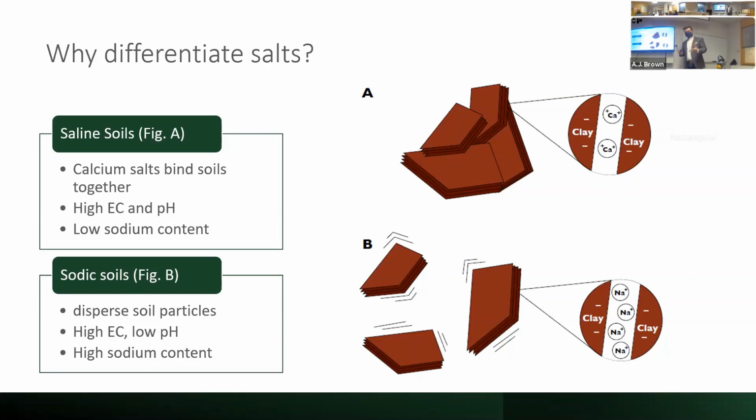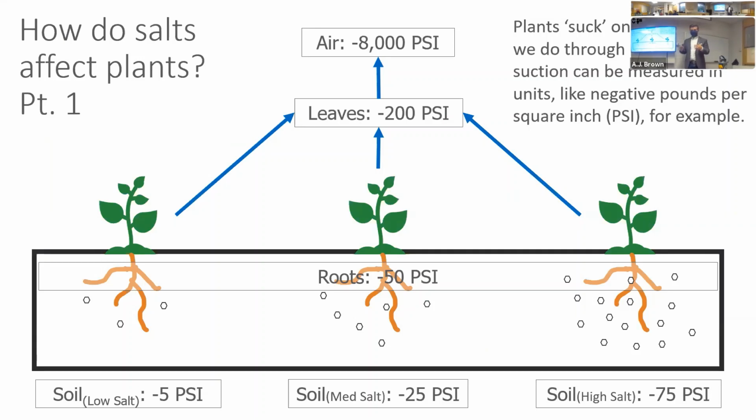So we need to understand how both salts work, because it's understanding how they work and how they affect the soil is how we treat it, how we account for it, how we manage it. And so I want to give you guys an example, because what we really need to understand is how do these salts hurt plants in the first place? And there's a couple ways, but the biggest way that we studied is what we call matrix potential, and that's